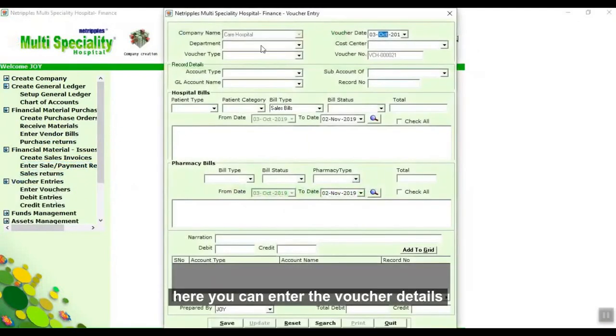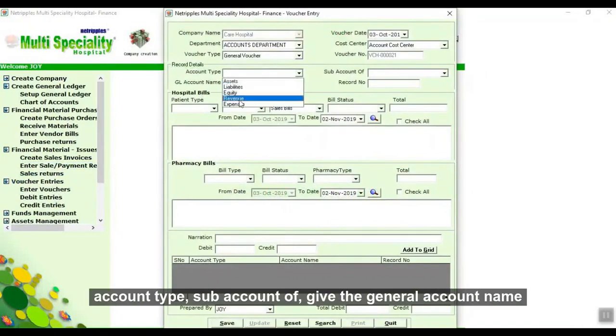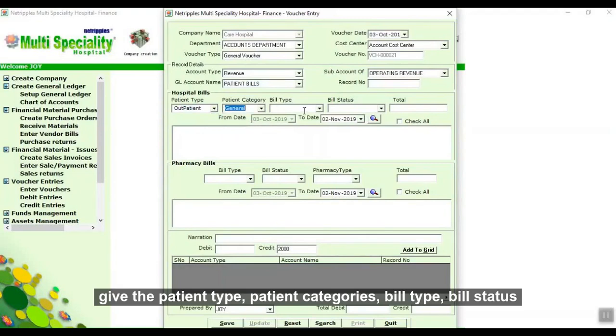Here you can enter the voucher details with the department name, cost center, voucher type, account type, sub account of, give the general account name, give the information of all details, give the hospital bills details, give the patient type, patient category, bill type, bill status,